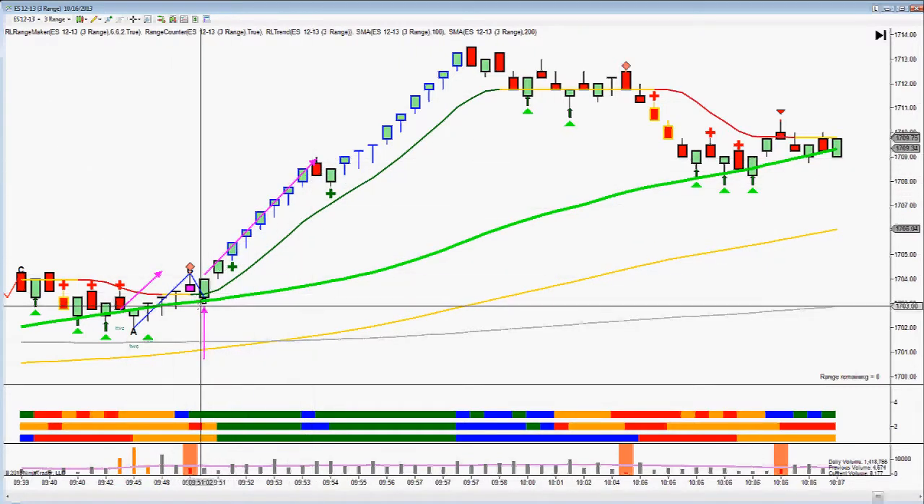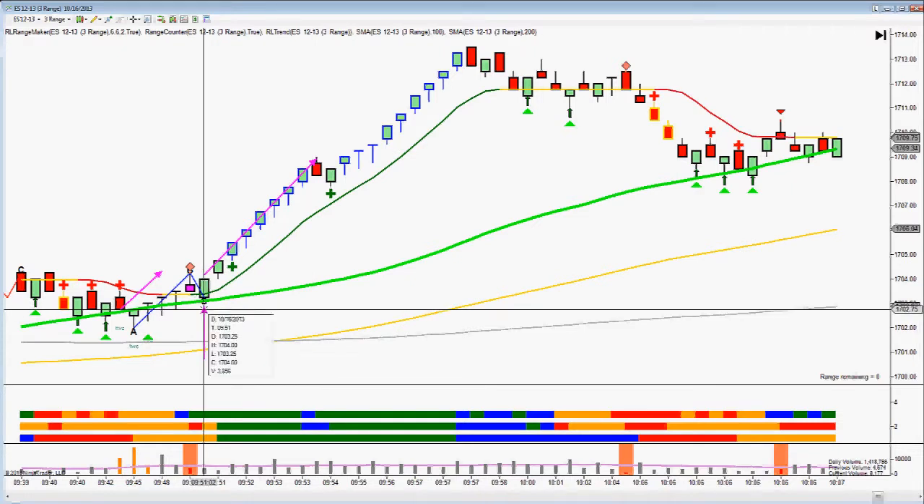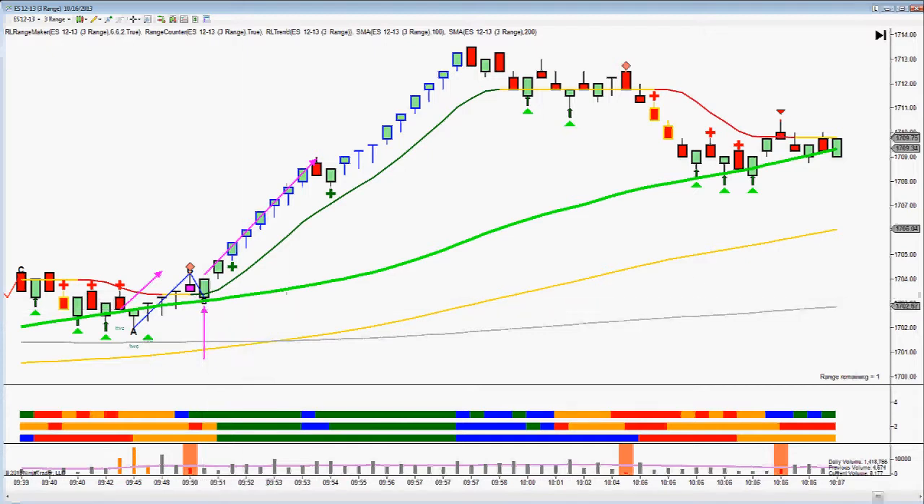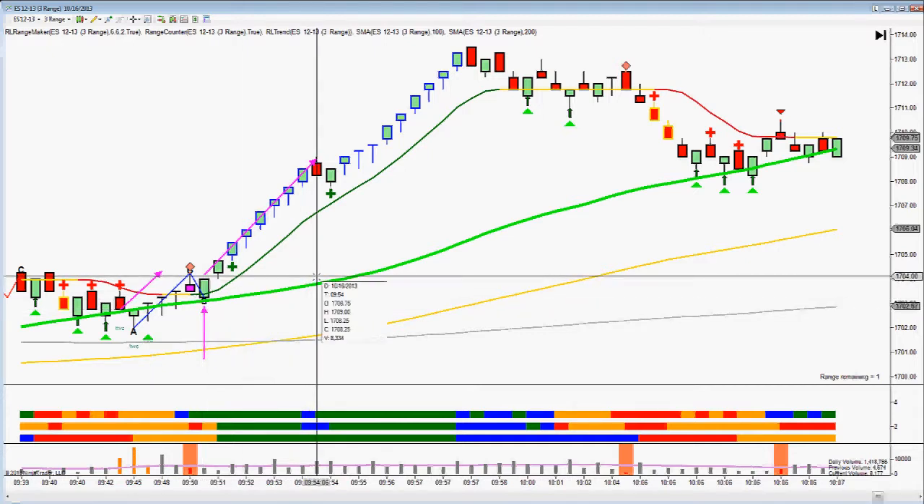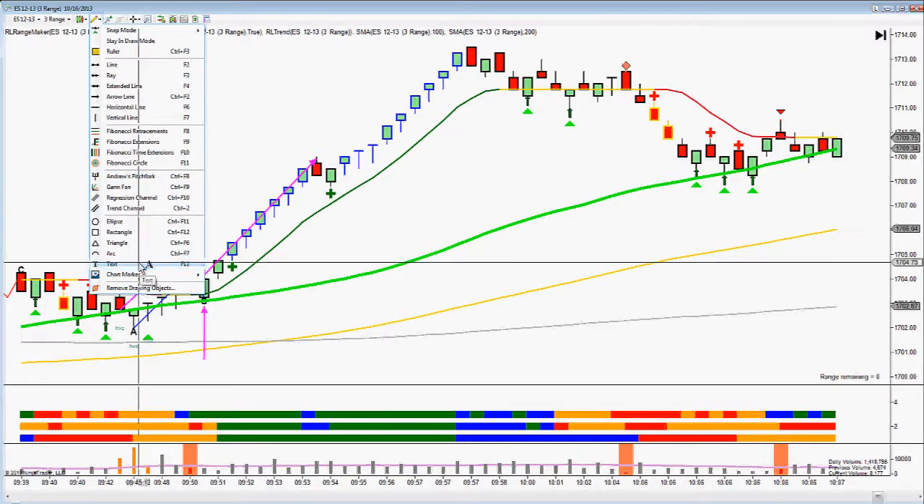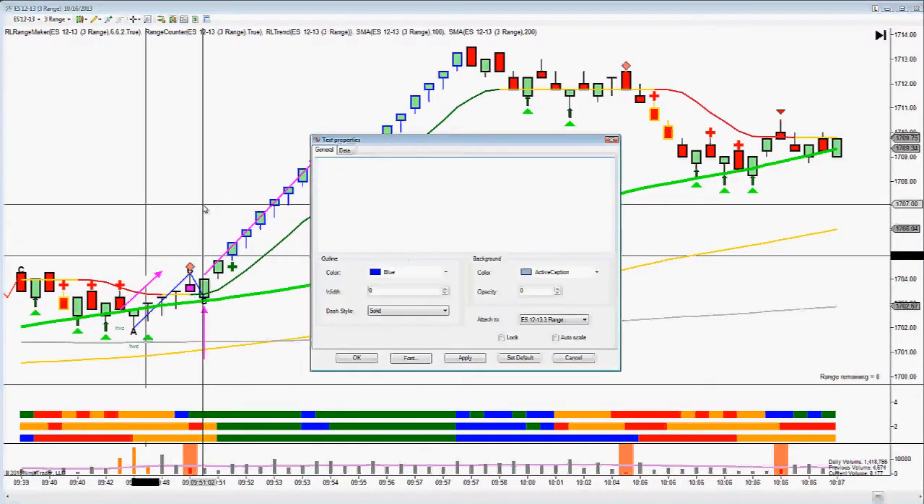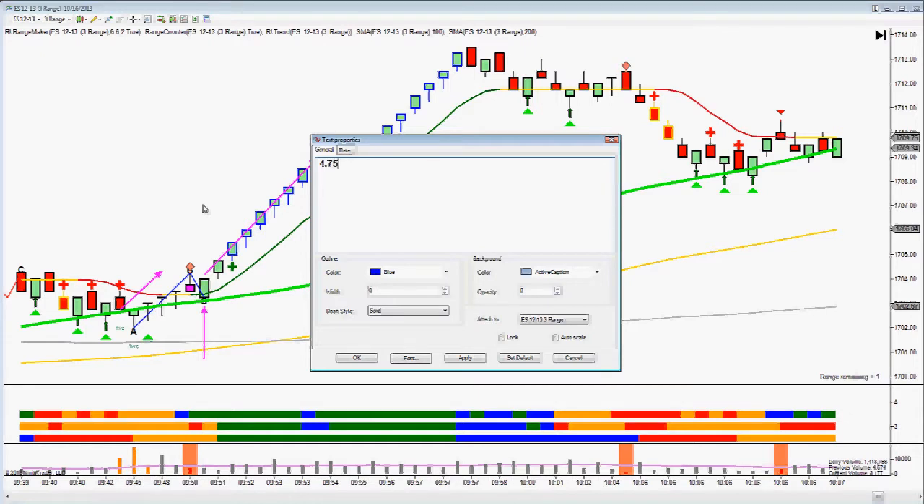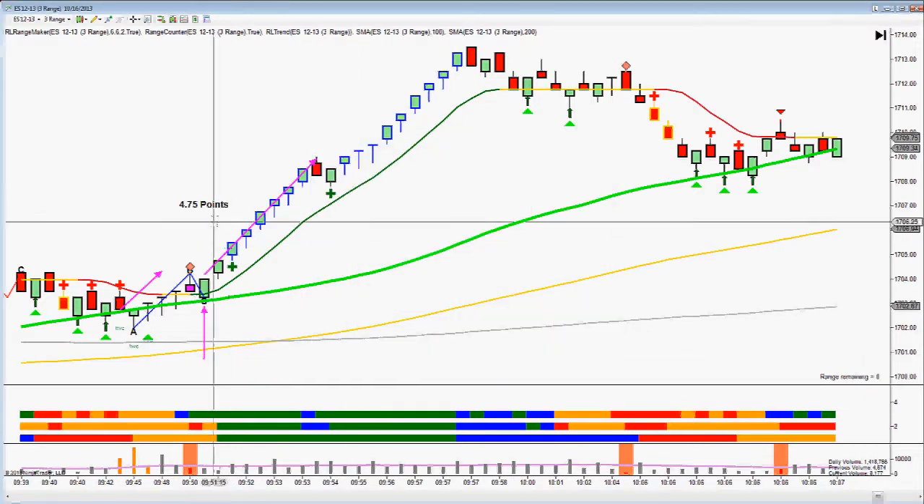up to here. Now you'd be in at one tick above the candle. The candle close was 1704. You'd be in at 1704.25. The high of the move was 1709. So that's 4.75 points. This really is a very clear-cut